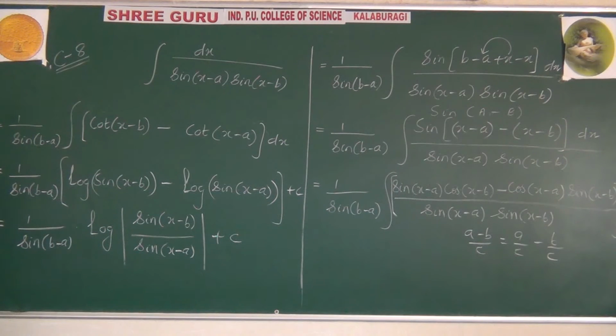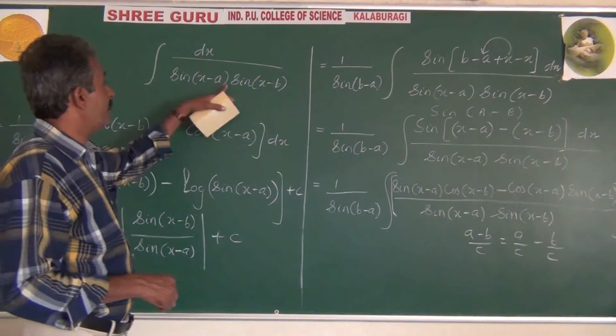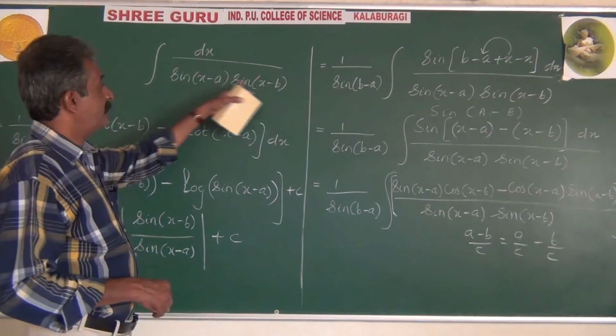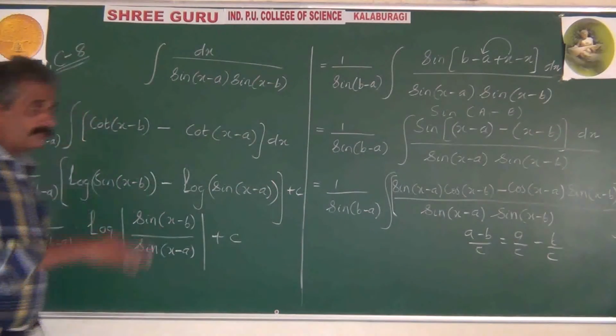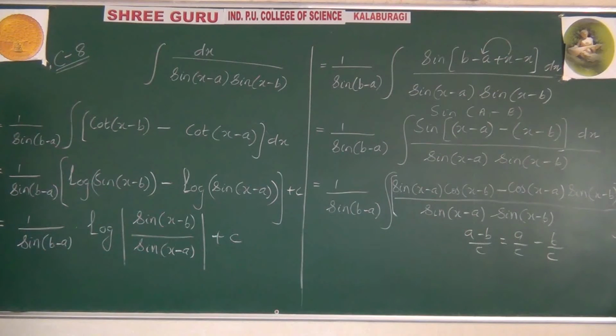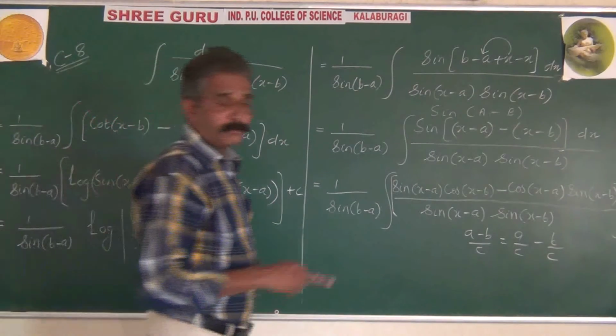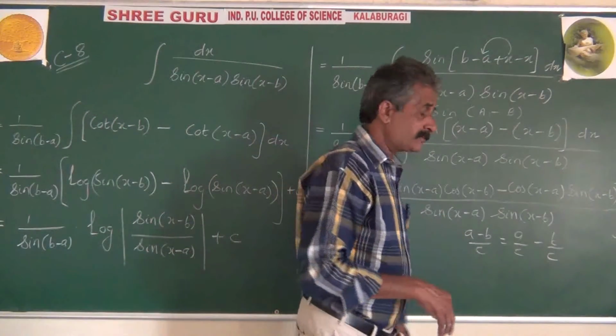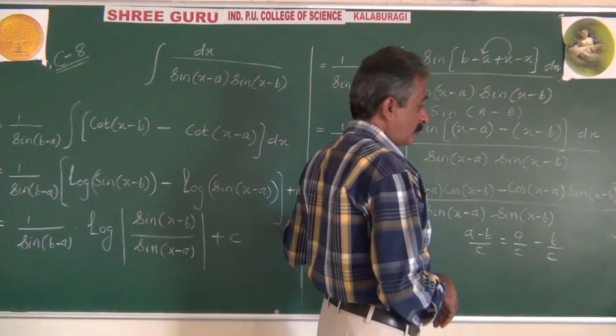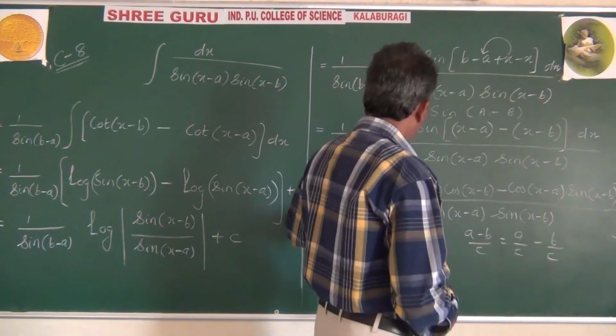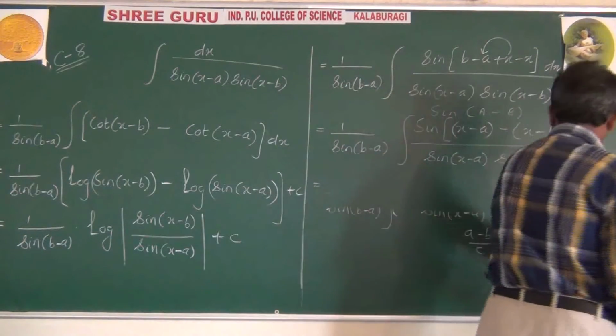It's a very good problem. Try to memorize this answer, and you can use it in an MCQ exam with particular numbers like a 5, b 4, a 10, b 7. If you solve like this in an MCQ exam, it becomes a waste of time. Try to memorize this answer. There is one last question. Similar, you try yourself. Then we shall go to the very important concept, integration by method of substitution.